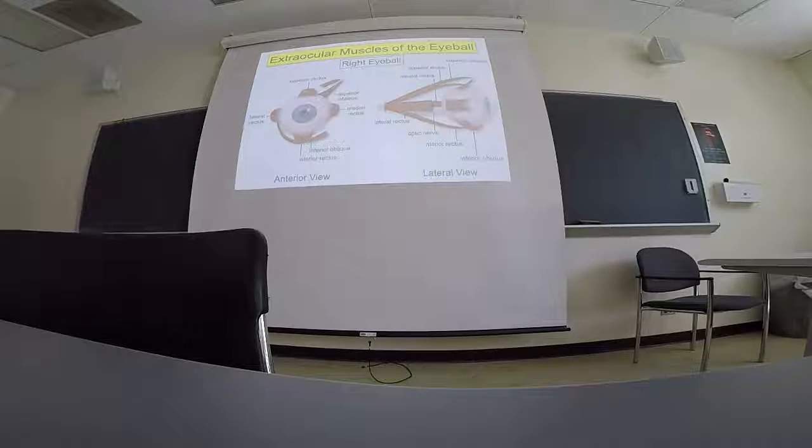And you can see the obliques, the superior oblique goes through that pulley, that trochlea, and then swings around. It has a long tendon that goes to the superior aspect of the eyeball. Inferior oblique also has this long attachment to the inferior aspect of the eyeball, and is actually not really visible from the superior approach. So when you dissect from the superior